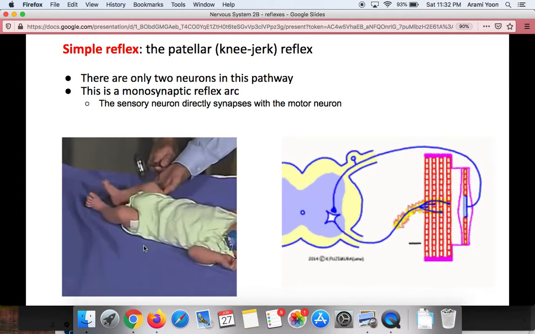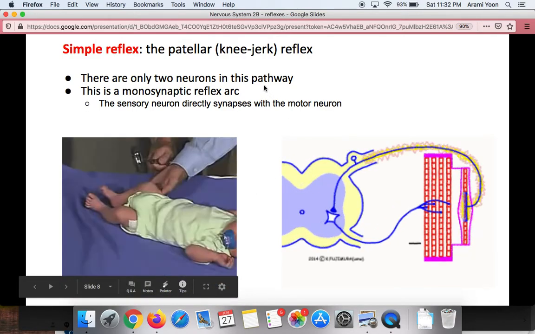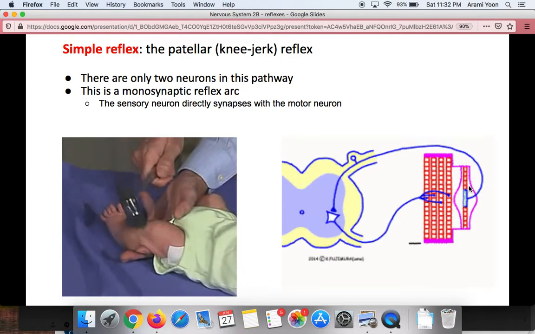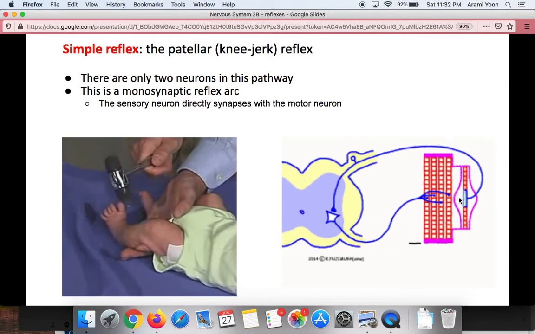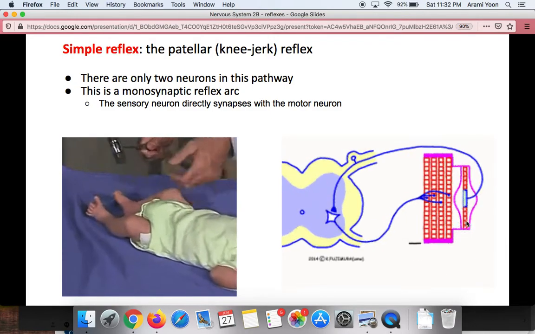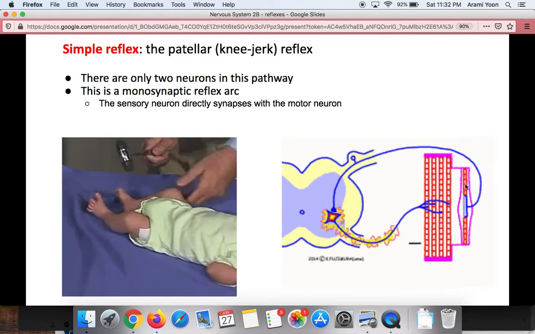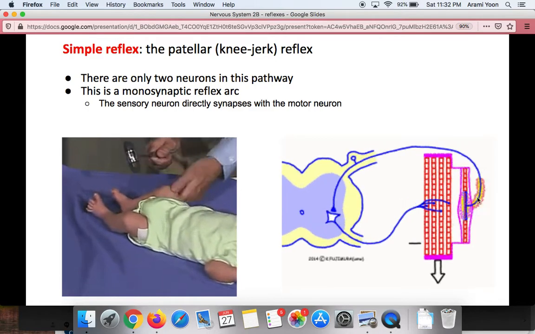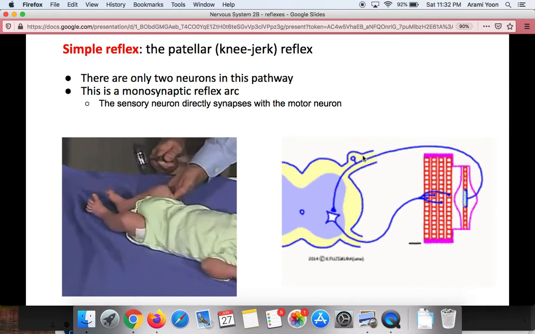So that's called the patellar knee-jerk reflex. So what's happening here? Well, first of all, when he taps, if you can see on this little GIF right here, when the doctor taps on the baby's patellar tendon, that causes the tendon to stretch. So that stretch is going to be perceived by stretch receptors, which will then send a signal down the sensory